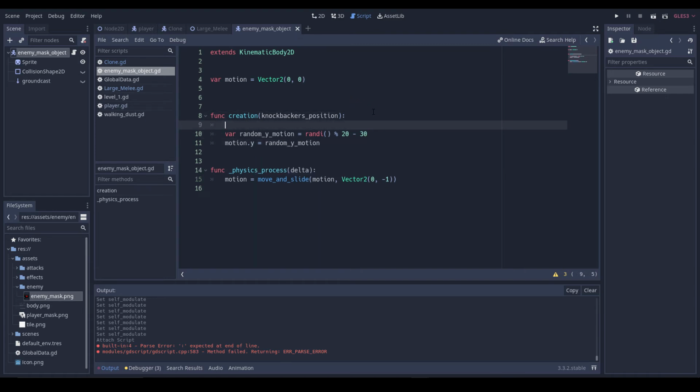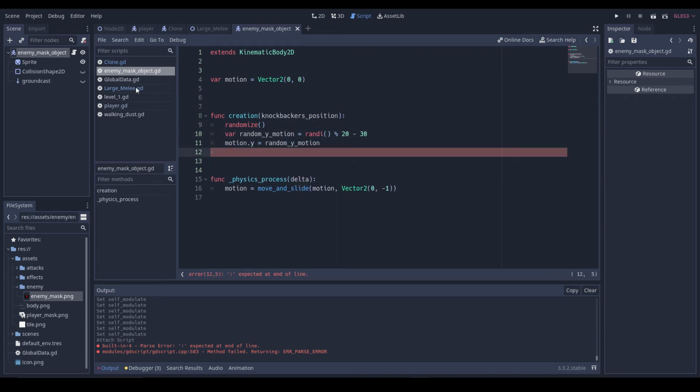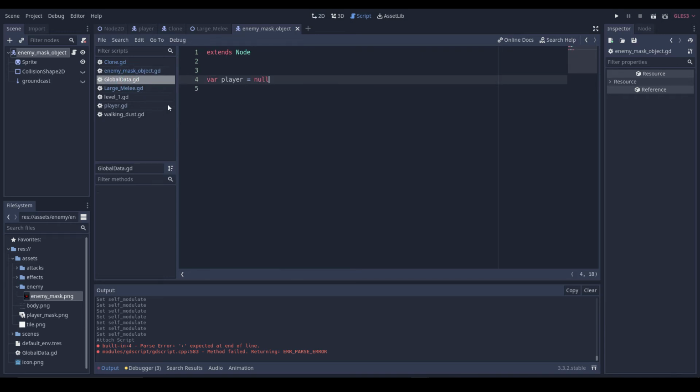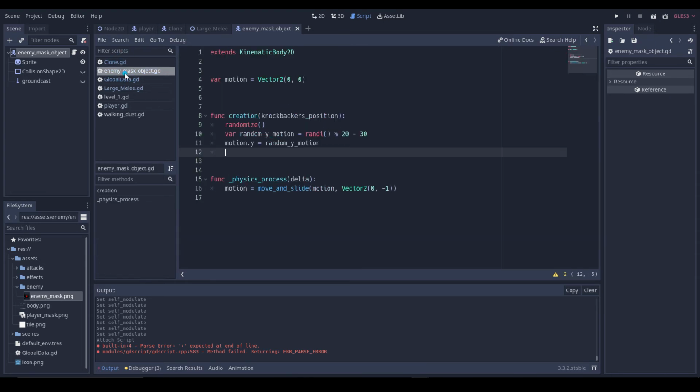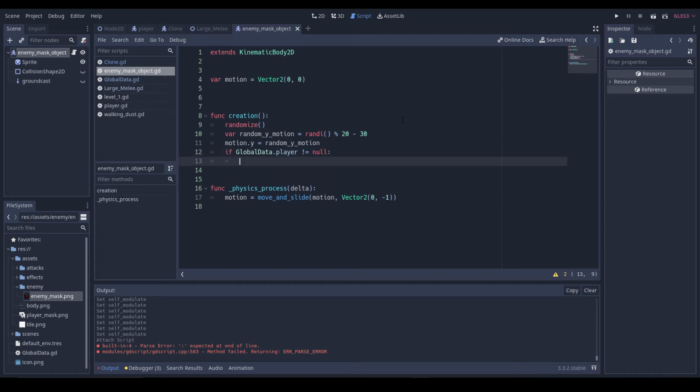And I forgot, I'm going to put randomize. We have no global data. I gotta check that. Our player is equal to null. That's it. So we don't actually need this. We can go if global data dot player is not equal to null, then